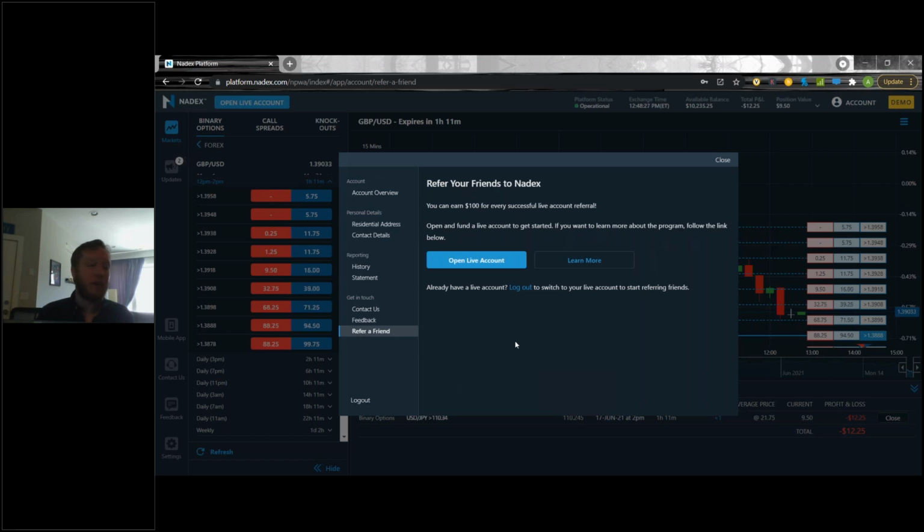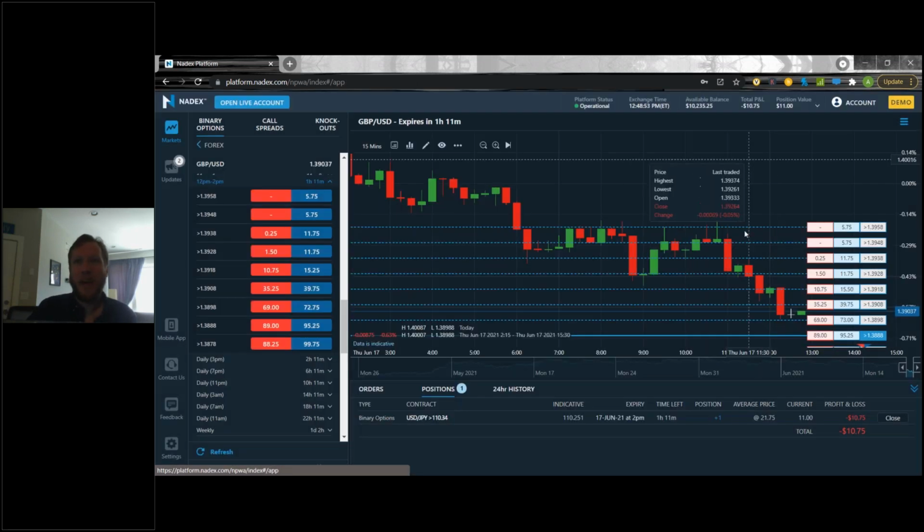Definitely go check out the actual terms and conditions of that before you participate in it. But very, very basically, if you refer a friend, they come in, they start trading, you can get $100 for your live account referral. That is, if they start trading on a live account, you can get a little bit of money that way. You can go trade a little bit more on the exchange. Definitely hit this learn more button if you want to know more about that.